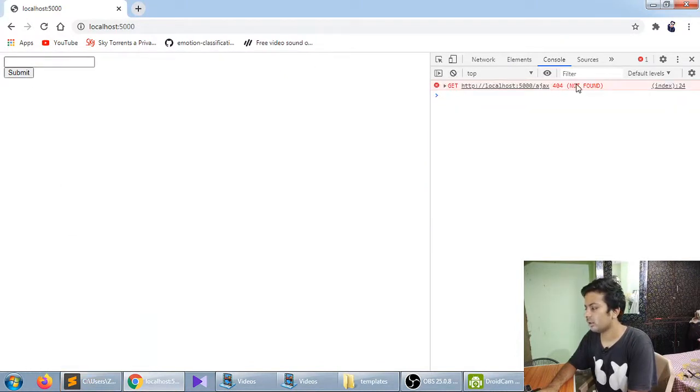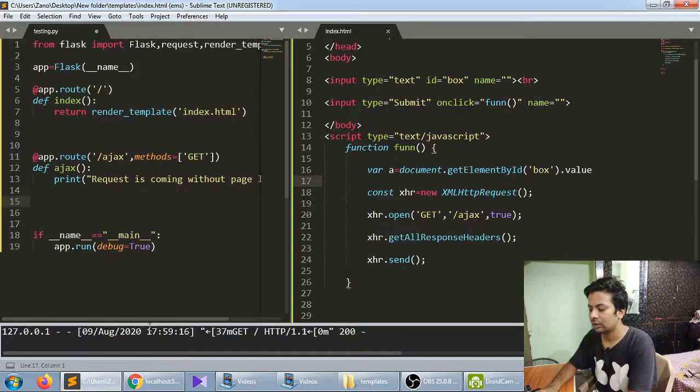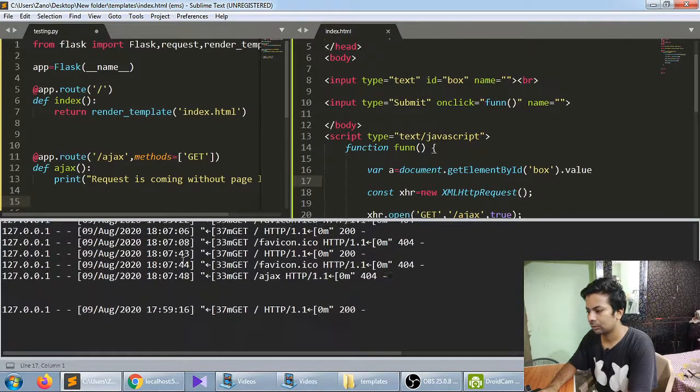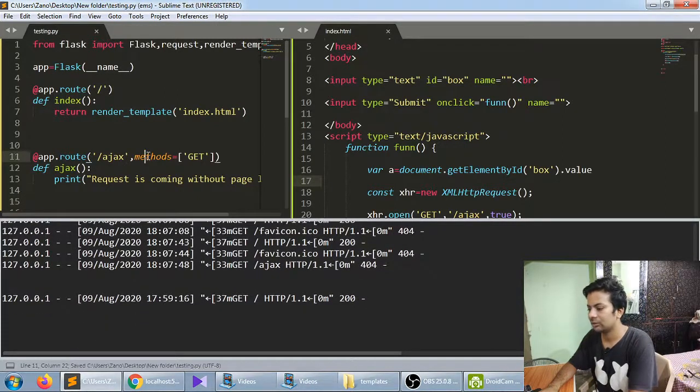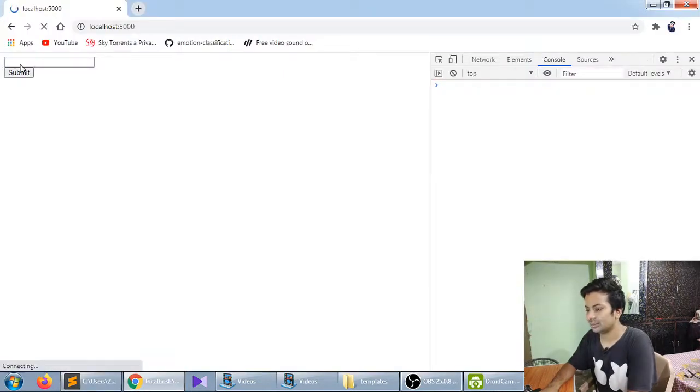So see, it has sent the request, but I haven't returned anything, so it's telling me 404 not found, but the request had been sent. It's a get request, it's supposed to get something also. Okay, I haven't saved here also, sorry, my mistake. Just reload it.